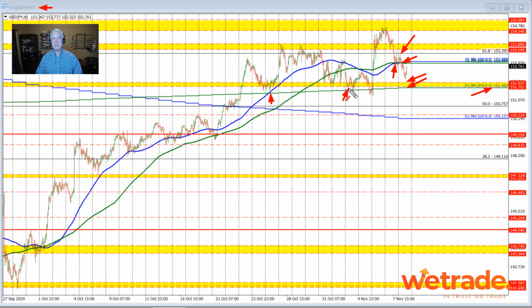We held support against it here, here, and here, and held support against it here in trading on the, I guess, Tuesday. Today we fell below that level and then moved back above it here, increasing the bullish bias